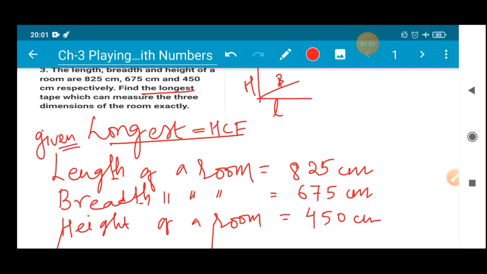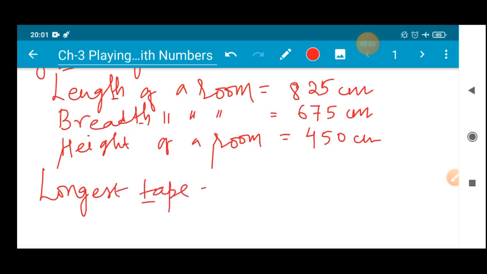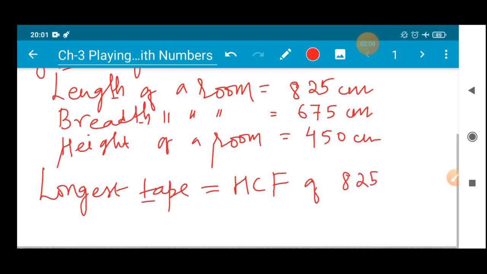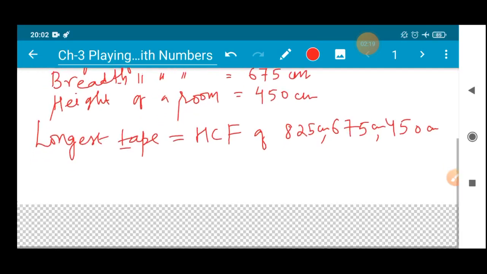Now what we have to do? We have to find the longest tape. So the longest tape means it is the HCF we have to find, right? So HCF of what? HCF of 825, 675 and 450. Let me write the unit also, centimeter. Okay, so let's